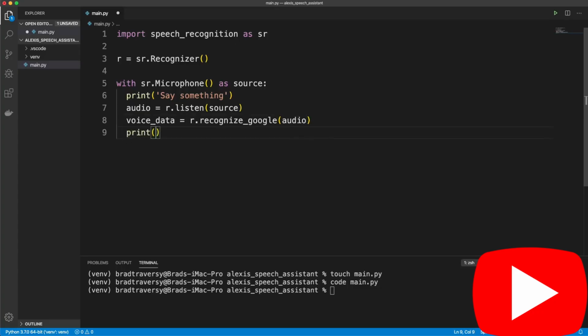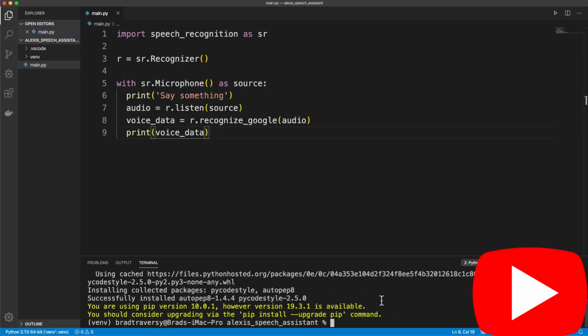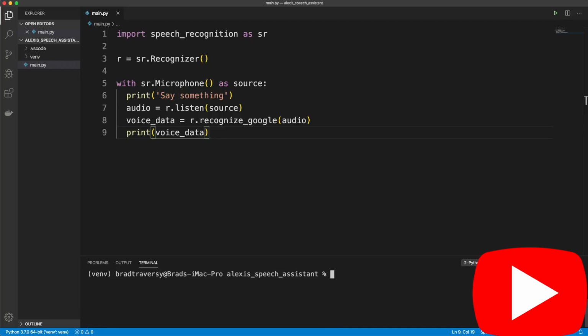Now let's just print our voice data. Okay, so we'll save that. This is just asking if I want to install an auto formatter. We'll just say yes. Okay, now let's run this file, and when I run it, it's going to automatically listen, and I'll say something and it should print it. So let's run python main.py. I love programming. And there we go. So you can see that it printed down here in the console. All right, so that's kind of step one, is just to get what we're saying, to get that into this